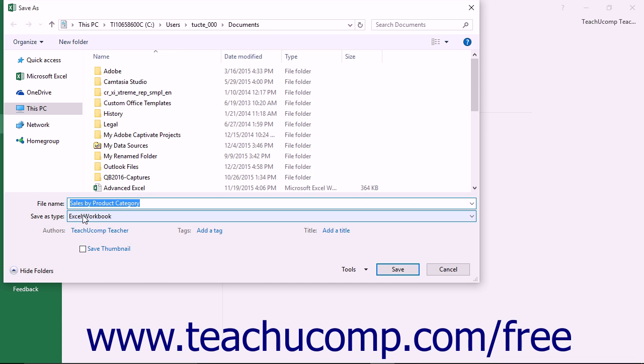This file extension naming structure also applies to workbook templates. A workbook template that does not have any macros or code uses the .xltx file extension, and a workbook template that does allow for the execution of macros or code uses the .xltm